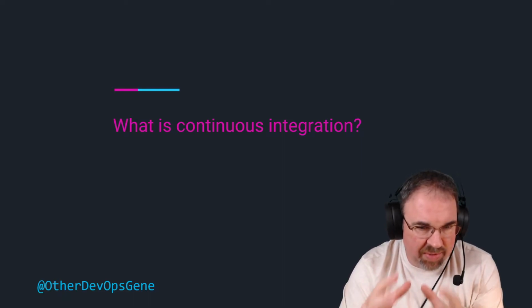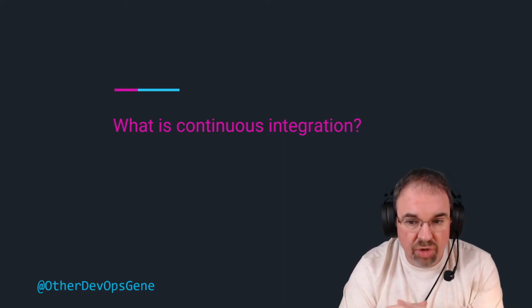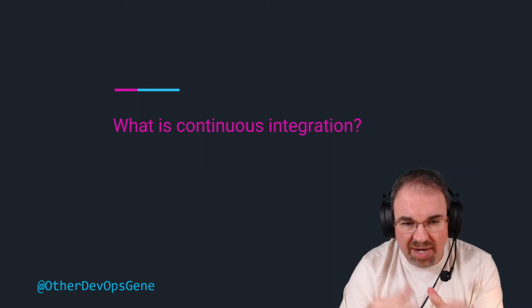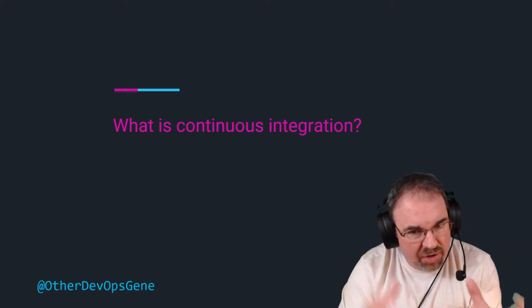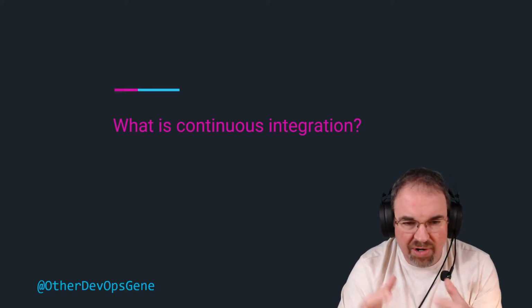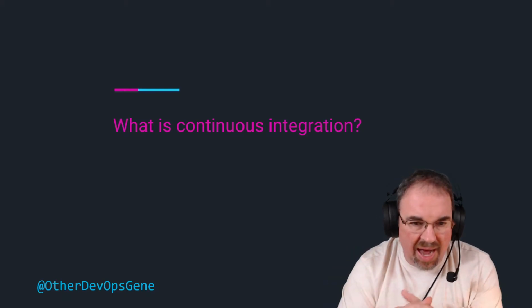We want these loops to be 2 or 3 minutes, so it's something that is truly run over and over and over. Every time someone makes even the smallest change, go ahead and run the continuous integration, get the feedback. That way, if you're wrong, you're 2 or 3 minutes wrong, or 5 minutes wrong, or 10 minutes wrong, not hours of work down the drain because you went the wrong way and you didn't realize it wasn't working.